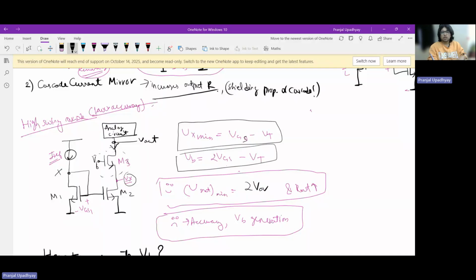And from that we are getting our Vout min as 2 V overdrive, which is a 1 V overdrive increment over the basic current mirror, and we call it a high swing cascode because again 2 V overdrive is also not a very big value, still a small value. To be able to appreciate this more, you should understand that in smaller nodes like 180 nanometer nodes, typically our overdrive values are between